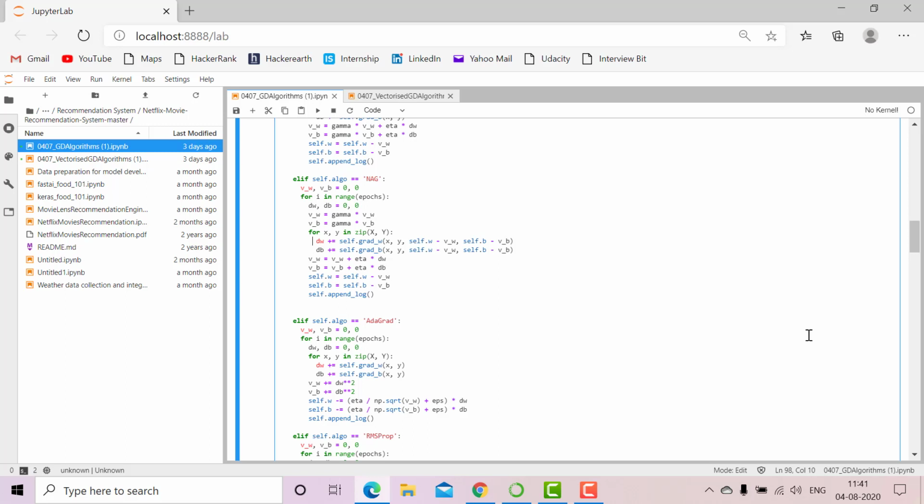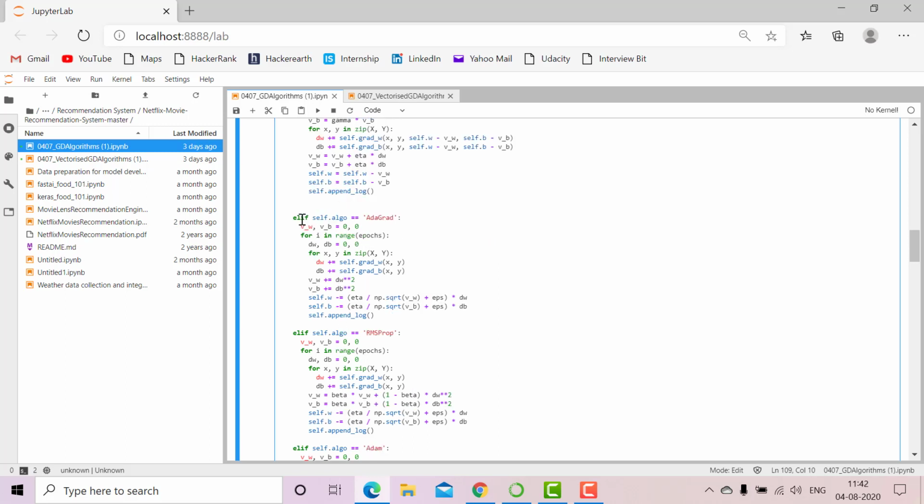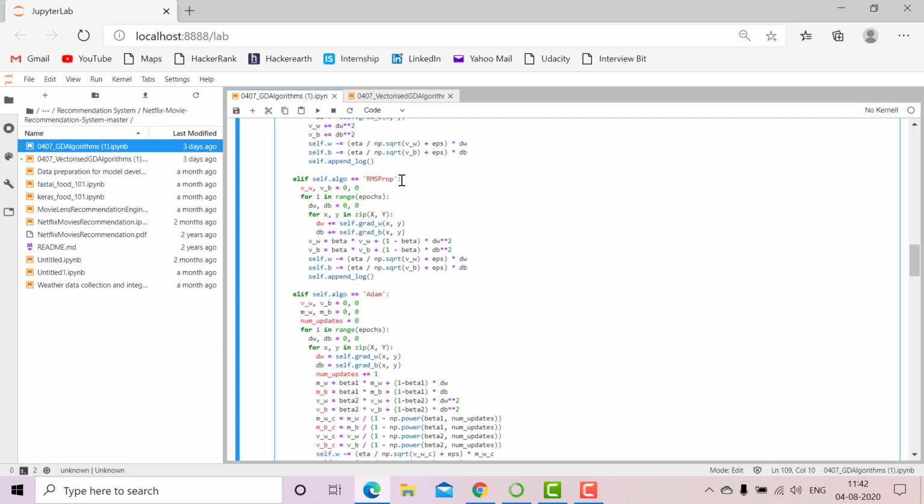Similarly for db, and when we move further, v_w is equal to v_w plus eta multiplied with dw. Similarly for v_b, and after that self.w is equal to self.w minus v_w. Here the value of self.w gets changed, and similarly for self.b, and finally the self.append_log function, which will perform only when self.algo is equal to adagrad. Similarly, if self.algo is equal to rmsprop, then these tasks are performed,